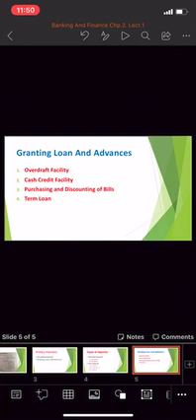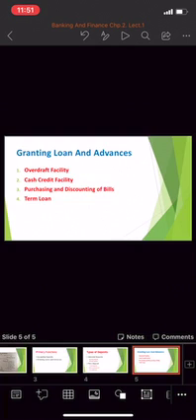Last is the term loan. A term loan is one which is granted for a fixed period exceeding 1 year. The repayment of a term loan is spread over a period of time and the borrowing party repays it in installments according to the repayment schedule. So there are some types of term loan: